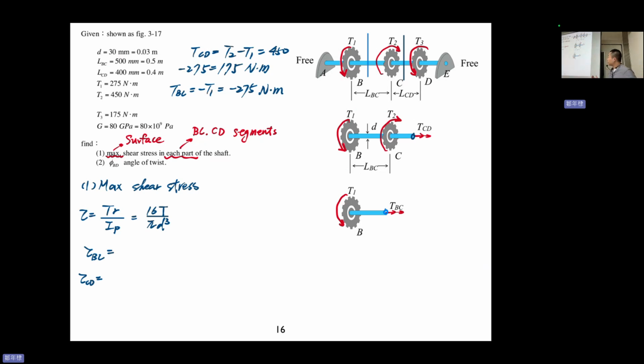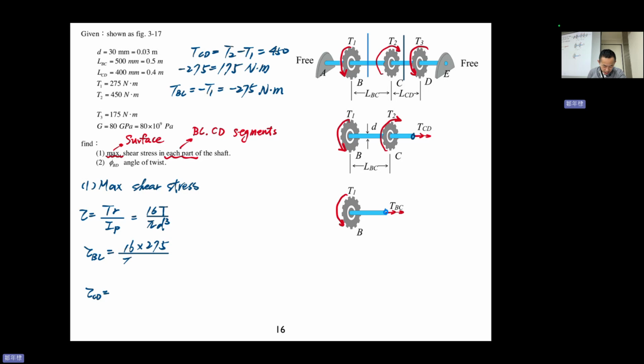Okay, you see that the TBC direction is wrong, right? It was assumed incorrectly, but it's okay. You know the system, so it should be fine. All right, so tau BC is 16 times 275